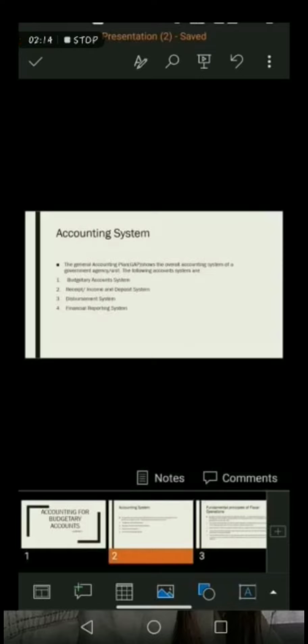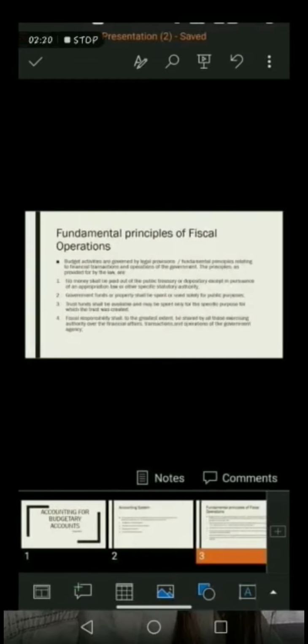So next is fundamental principles of fiscal operations. Budget activities are governed by legal provisions of fundamental principles relating to financial transactions and operations of governments. So, relate ni siya sa mga transactions sa government, sa mga operation nila. So, the principles as provided for by the law